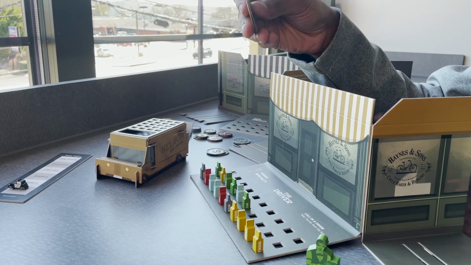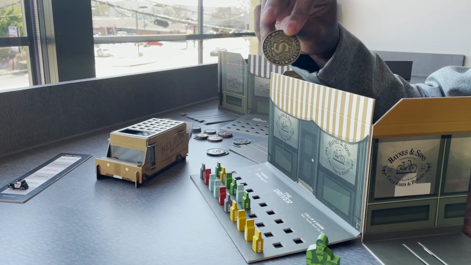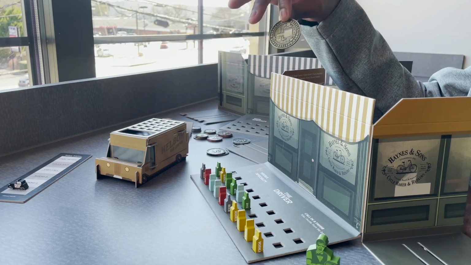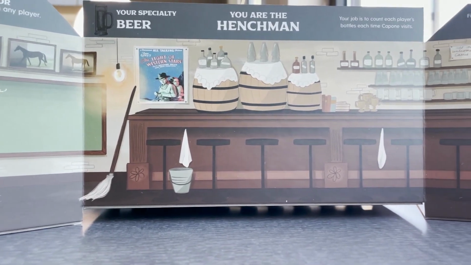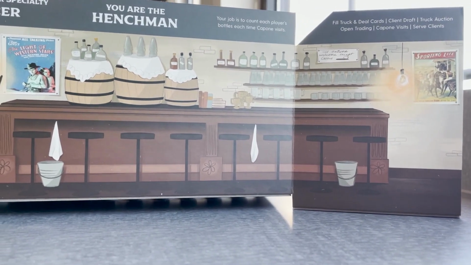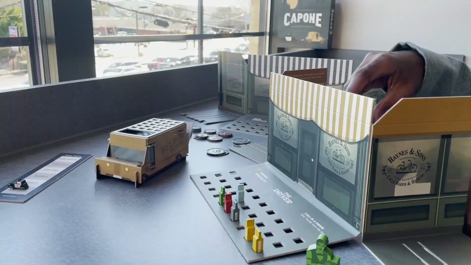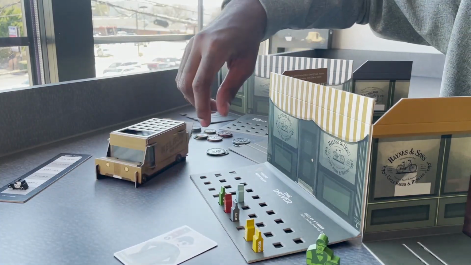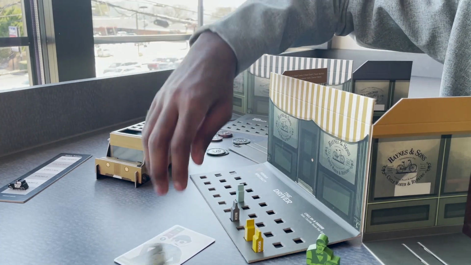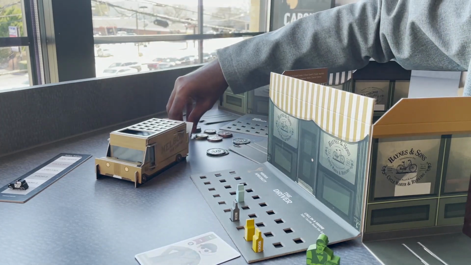And on heads, so to speak, all other players would lose half of their money, and on the other side, all other players would lose half of their bottles. So once all the trading is over and Capone has visited, now you get to wet the whistle of your thirsty customers. And it's as simple as saying, oh, okay, this bootlegger requires a rye and a gin, so I'll take a rye and a gin and serve them, and then I would get paid 5 coins for serving them